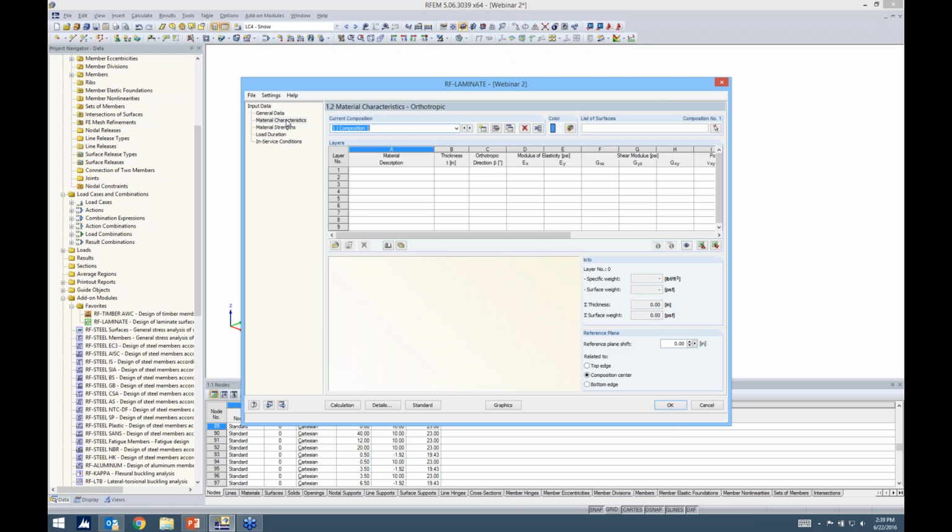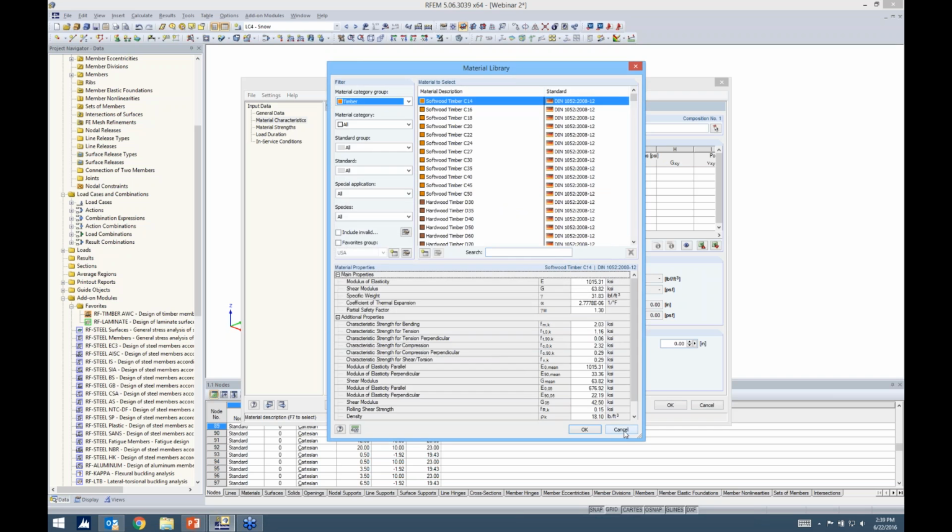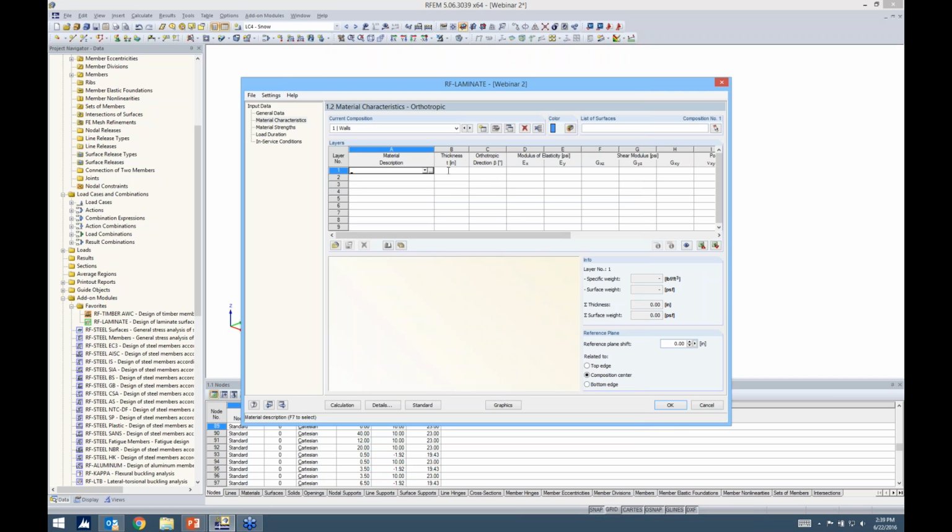Material characteristics. So the first thing we want to do is to define the first composition. Here I'm going to title this one walls. And you can, of course, go into your material library for timber, and you can add in all the different particular material types, whatever you'd like for this. Give it a thickness and a